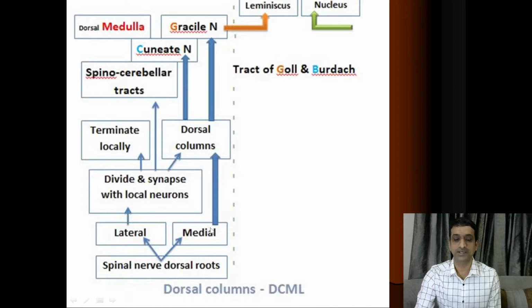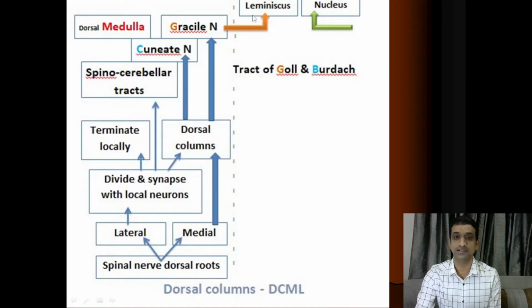When it is ascending, the fibers from the lower extremity of the body, the lower limb or lower part of the body, will be placed on the medial side and ascend up to the gracile nucleus or nucleus gracilis in the medulla oblongata, and this tract is known as tractus gracilis or tract of Goll. Then a bit lateral to this tract of Goll, we have the tractus cuneatus, which ends in the cuneate nucleus of the medulla oblongata. Both are present at the medulla oblongata. At this level, these fibers cross to the opposite side. These fibers, the second order neurons, are crossing to the opposite side.